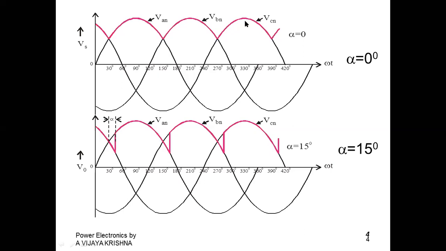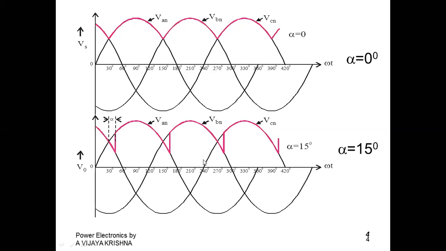Nothing but it should be coming towards not a zero of the omega t line, but it should be having an amplitude value of each A phase and B phase and C phase at alpha equal to 0 degrees. If you increase the alpha value, if you increase the firing angle further, that is at 15 degrees, it should be this much, in between 0 to 30 degrees. Okay, alpha value is 0 to 30 degrees.